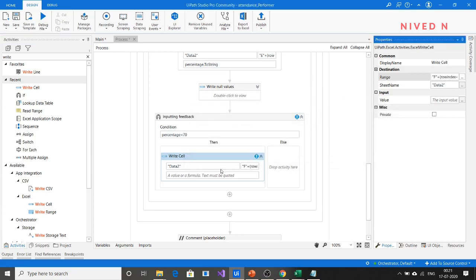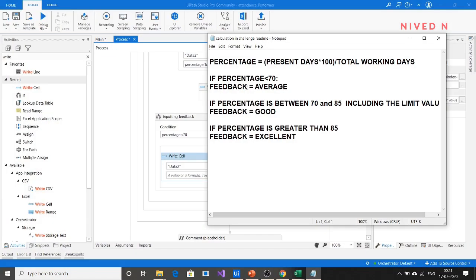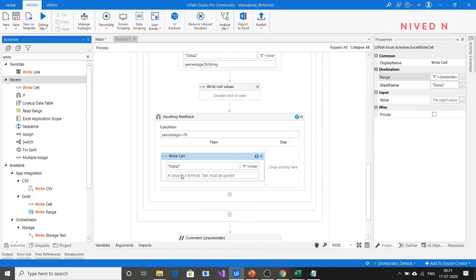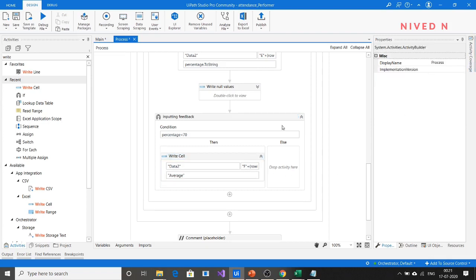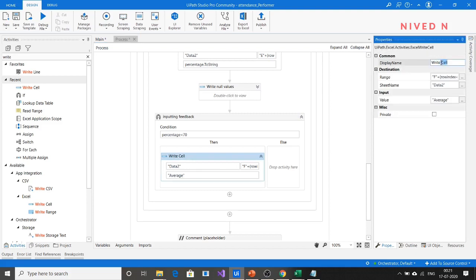Now you have to specify the value. What should be the value of feedback? If percentage is less than 70, feedback should be average. Specify it here as, let's say, average. You can give the activity a name, say average.